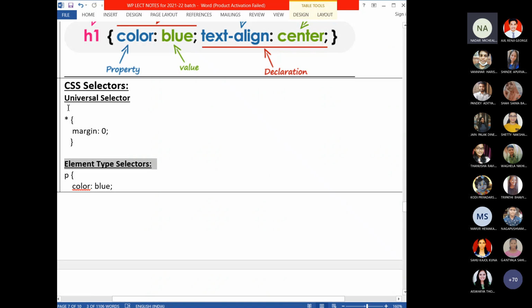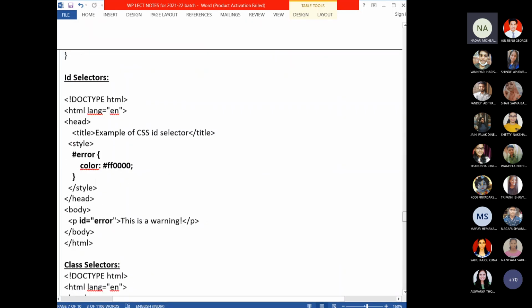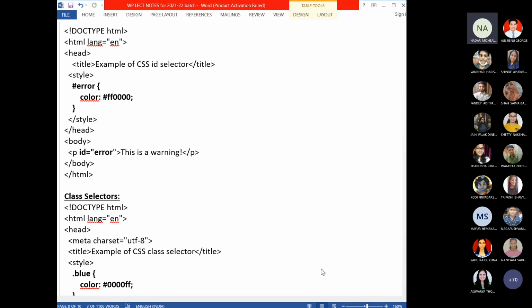Here you write the style opening tag, here the style close tag, and the rest, the body content and head, will come. It is very simple, I need not write a complete program for that. And for the element type selector, I did not add an example because we used it in many examples.